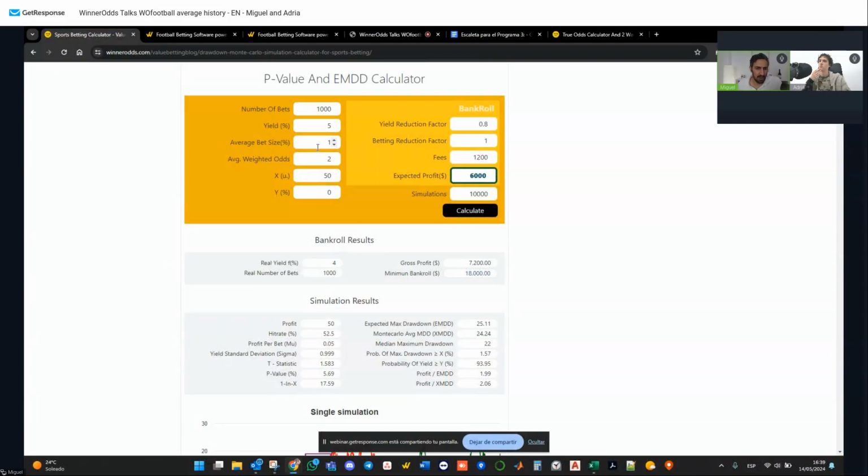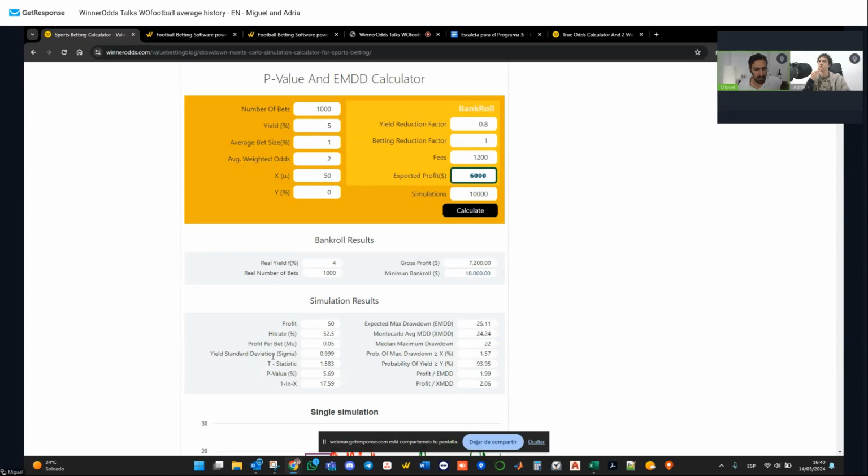So you have placed 1,000 bets at this yield and this bet size. So you will obtain an average profit of 50 units. The hit rate will be 52.5. That is why you are obtaining this yield, because if these are the odds, you need to have success more than 50% of the time, and this is 52.5. You are winning on average 0.05 units per bet, and these are some statistics about the variance you will suffer,